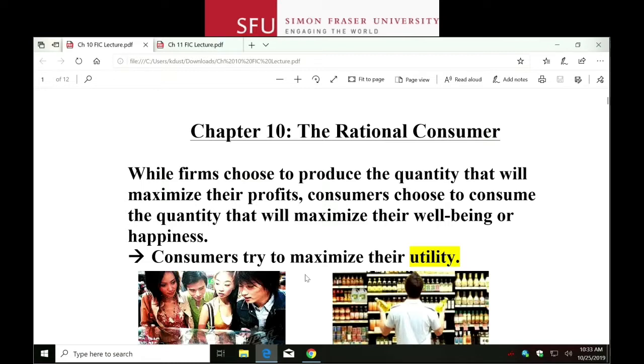All right, so it's pretty basic. When we, as consumers, make choices, we're trying to make ourselves as well off as possible. And the word that economists use is utility. So the word utility means satisfaction or happiness or meeting our needs, whatever it is, the usefulness or satisfaction that we get from goods and services.